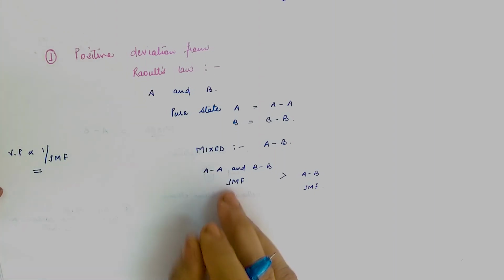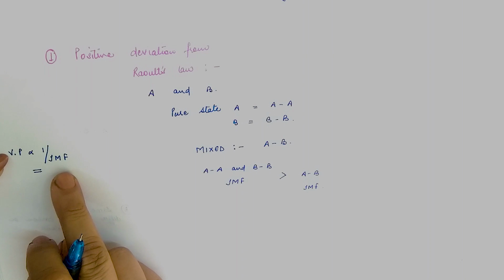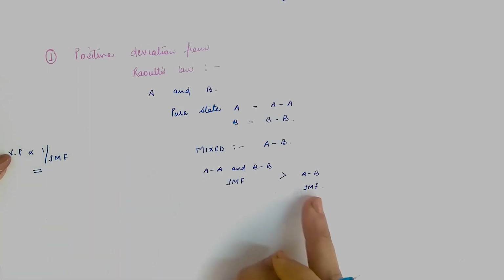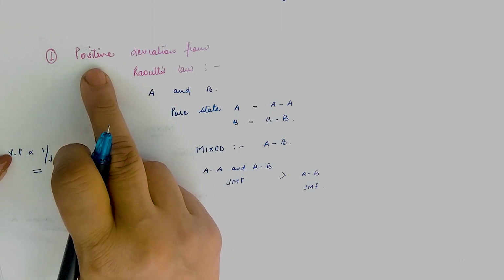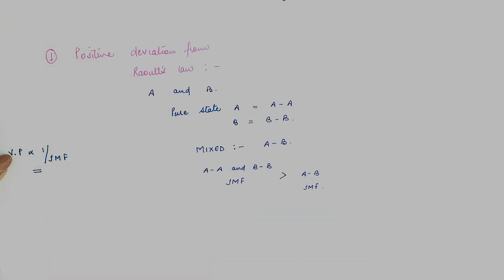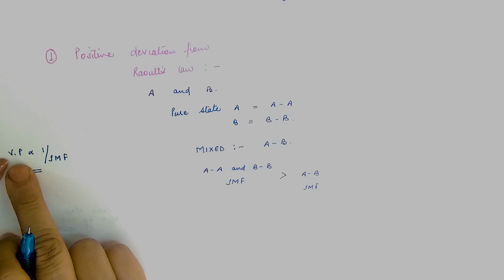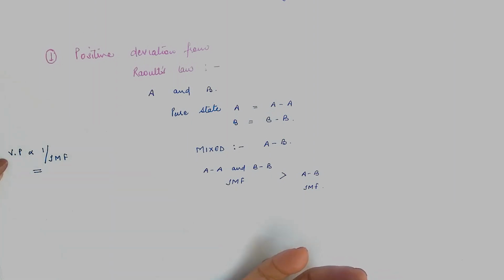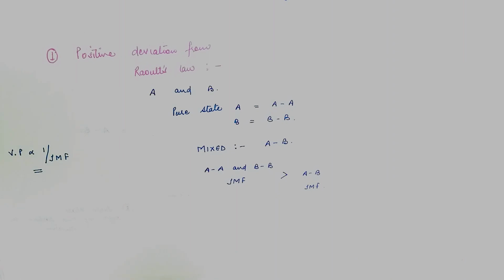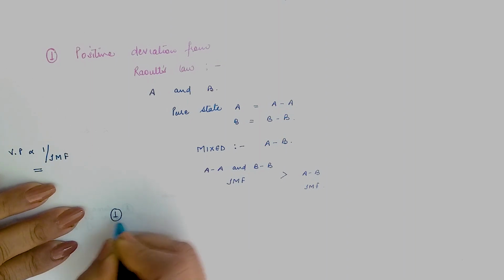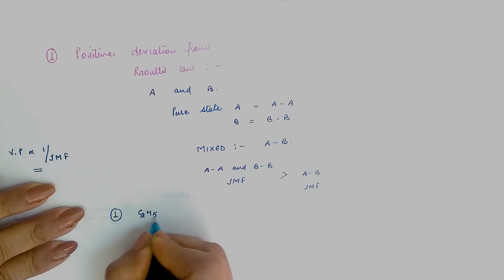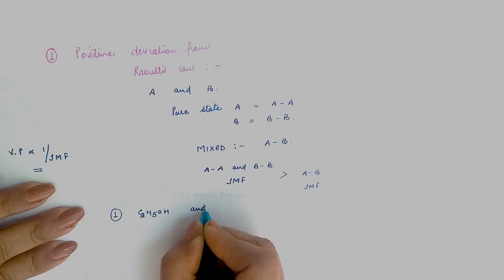When I started the chapter, I told you the two factors vapor pressure depends on are temperature and intermolecular forces, and just turn the page and you will find this is inversely proportional. Now they are weakened, meaning vapor pressure is high. So vapor pressure is high means positive deviation. Only the intermolecular forces get weakened, because we know vapor pressure is inversely proportional to the intermolecular force. Okay, now when I deal with the example, the first example I am taking is ethanol and acetone.